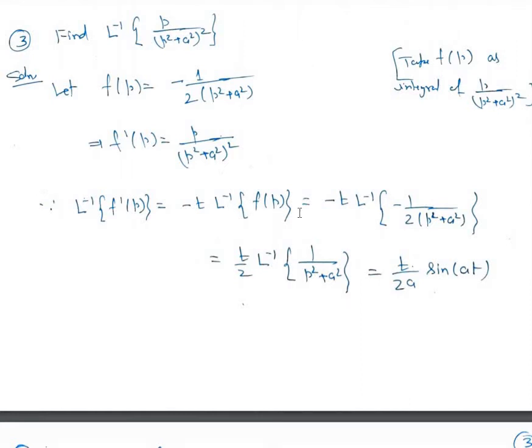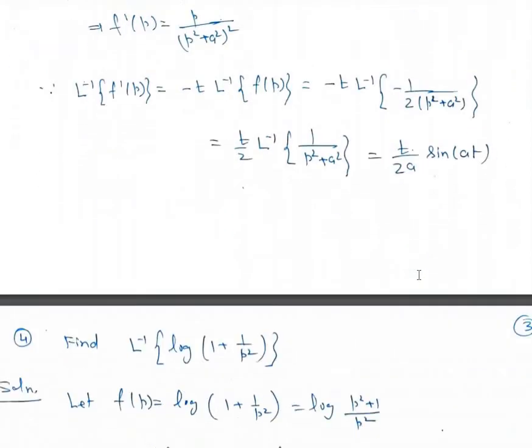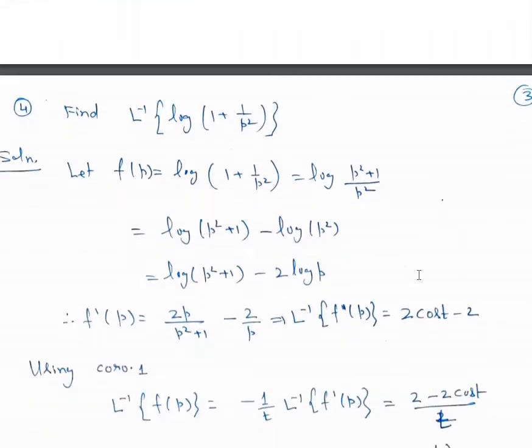L inverse of f of p, which is minus t times L inverse of minus 1 upon 2 (p square plus a square). Take minus half outside, so we have t upon 2 L inverse of 1 upon p square plus a square, which is t upon 2a sine of at. Next example,